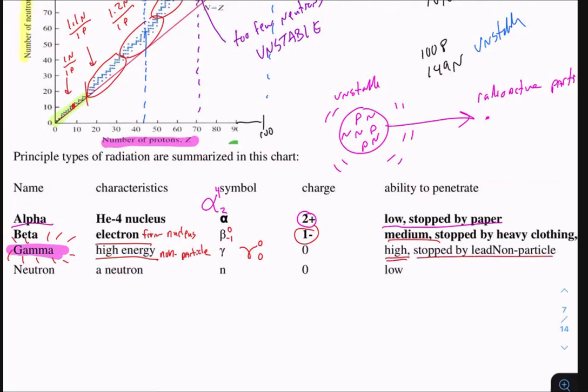We can stop it with lead, which is why Rutherford, when he was setting up his gold foil experiment, the uranium was actually emitting alpha and gamma, and so he had to protect himself from the gamma, which is why he had the lead block, and he was standing behind it. Okay, so